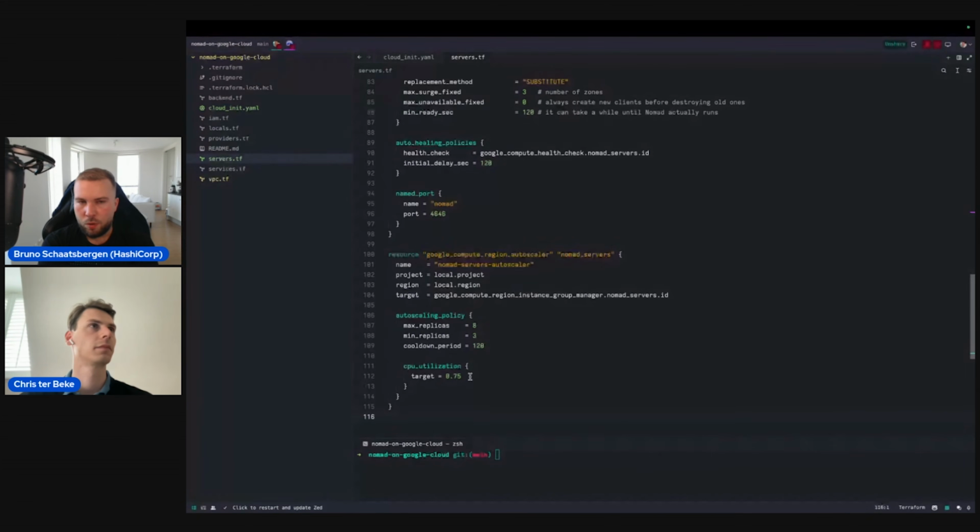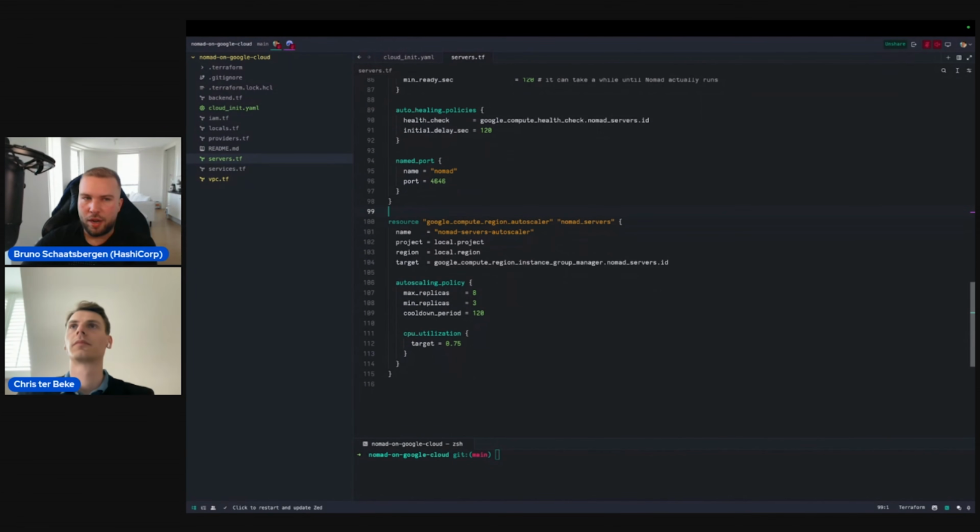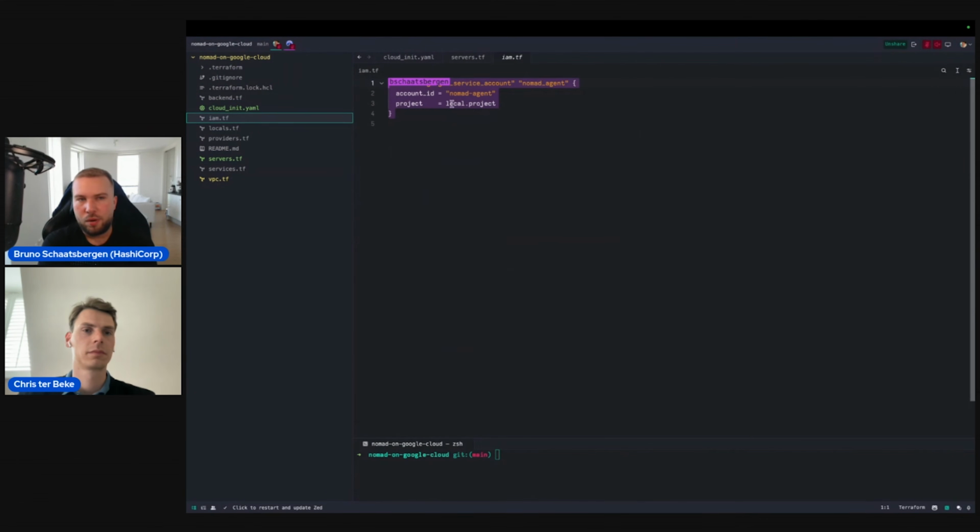This reminds me of one thing, because we haven't thought about IAM yet. If you go to iam.tf, we have a simple Google service account called Nomad Agent that we're passing into the instance group manager or template. So whenever you spin up a new instance, it gets a service account. Now, if we go back to the cloud-init.yaml,